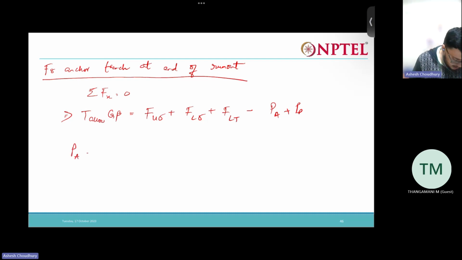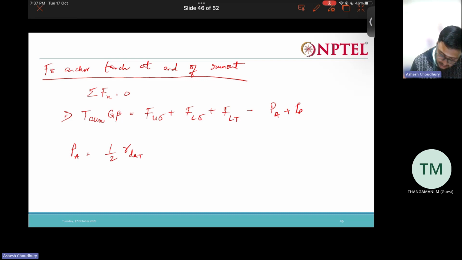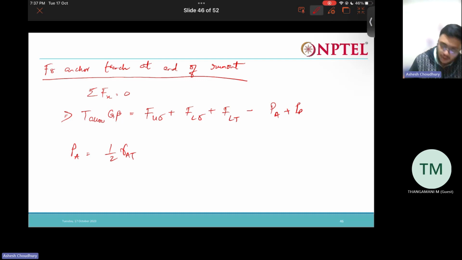What is PA? Half gamma A times D_AT squared. Gamma A means the unit weight of the soil inside the anchor trench, times the depth of the anchor trench, times Ka, that is the coefficient of active earth pressure of the soil in the anchor trench. D_AT is the depth of anchor trench, plus sigma n Ka